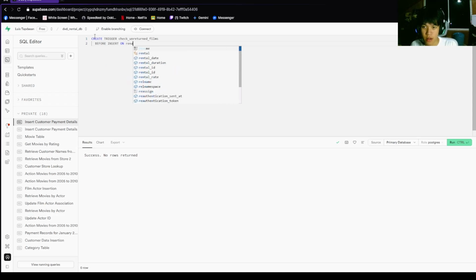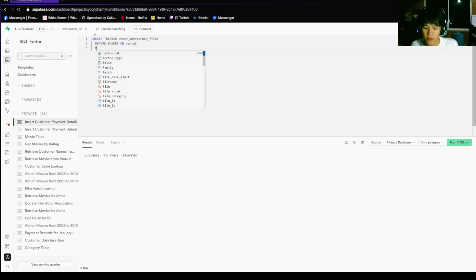So this is the table, the rental table, and then for each row execute procedure check_unreturned_films. So this is the trigger for the problem number 3.